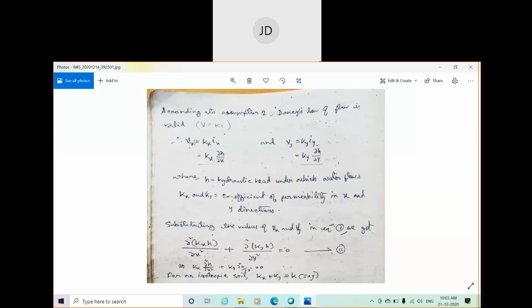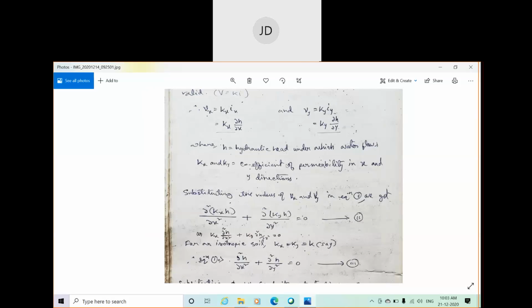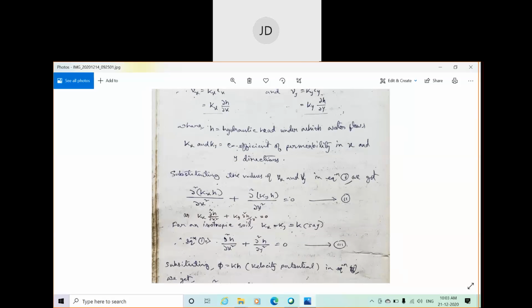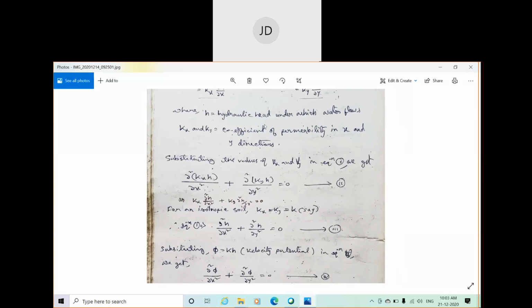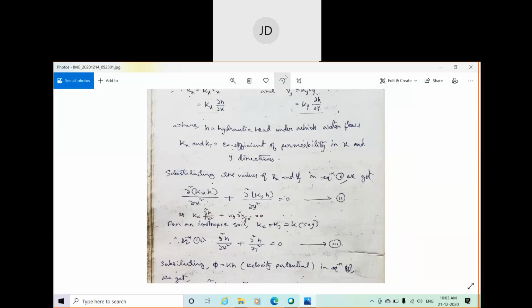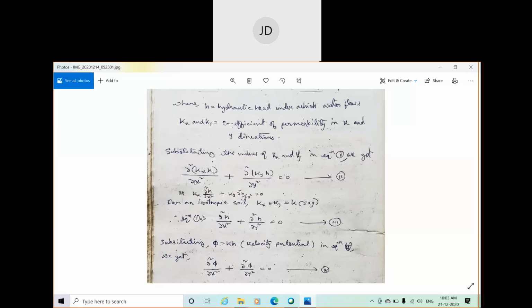After getting the value of Vx and Vy in this form, you can put this value in equation number 1 that we already discussed in the last image. After putting the value of Vx and Vy in that continuity equation, you'll get this. In place of Vx, you will put this. In place of Vy, you put this. So in general, after getting this equation number 2,